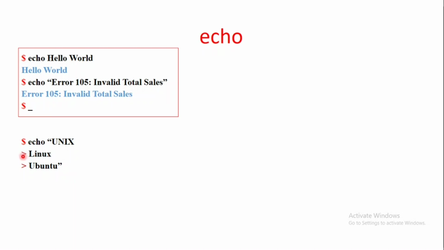And here you can see the greater than symbol, which is nothing but the secondary prompt, which says that the command is still active. And once the command encounters the closing double quote, the message will be displayed in multiple lines. Okay, and a new line is automatically added, so the next command will be written on it. Okay,